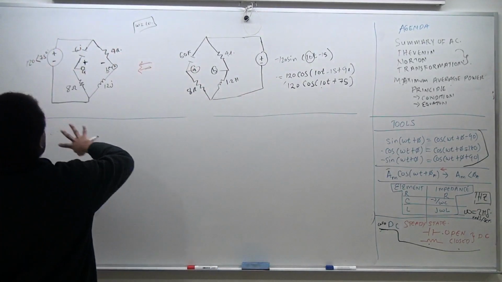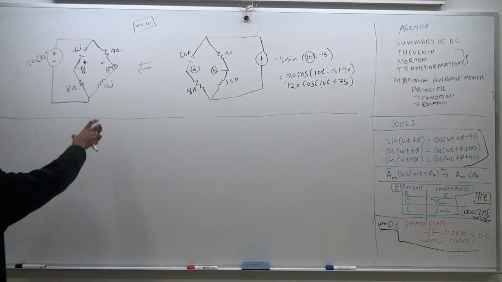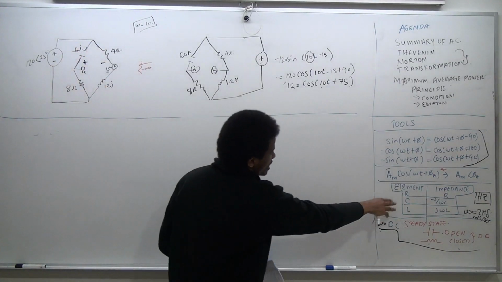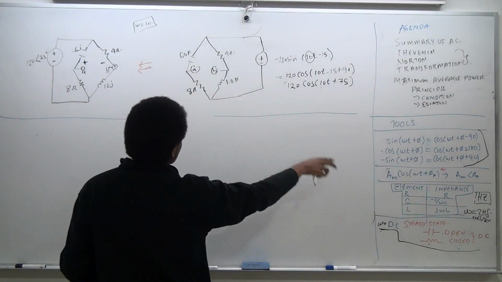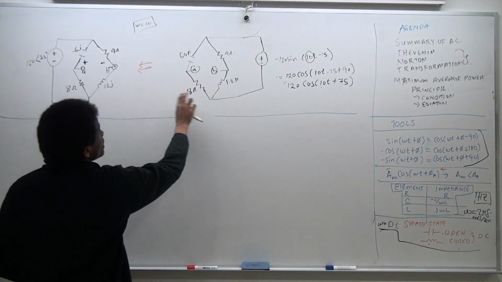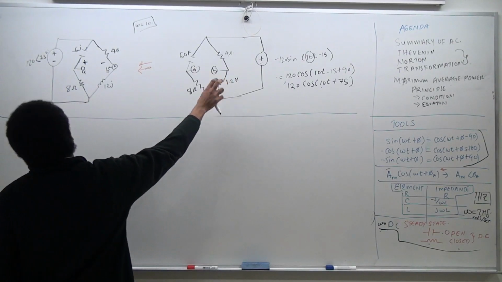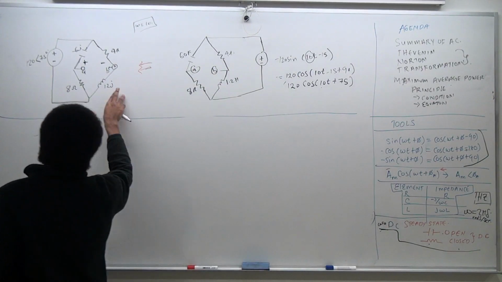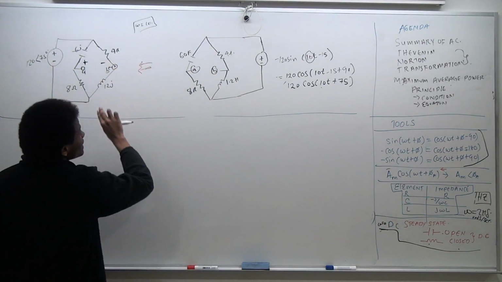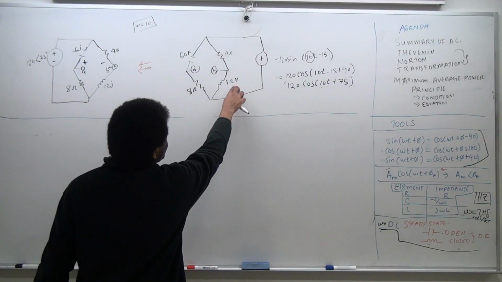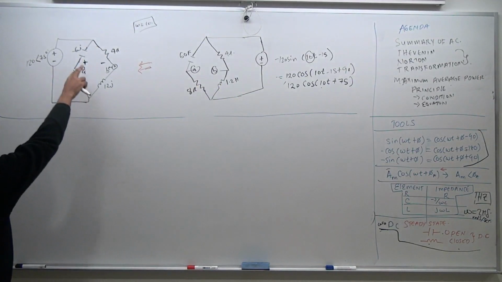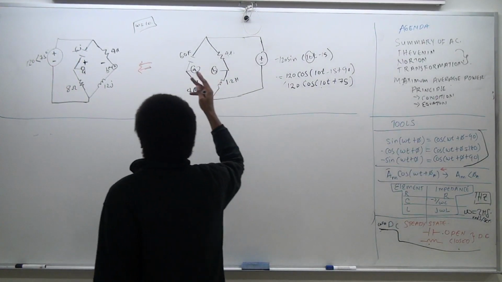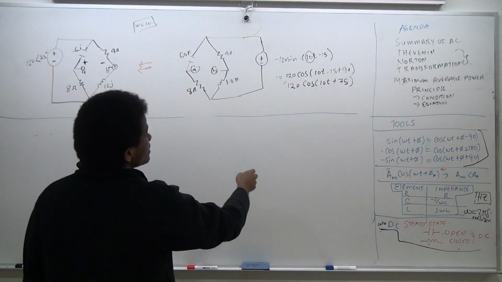Okay, so here now we're in the phasor domain. Once you convert everything to the phasor domain, the question is, how do you find the impedances? You find the impedances using any of these formulas. For the resistor, it doesn't change: the 4 ohm goes to 4 ohm. How do you find the impedance of an inductor? The impedance of an inductor is j omega L. Omega L is 10 times 1.2 henry, which gives 12. And for the capacitor, it's 1 over j omega C, or another way of saying it is negative j over omega C. Omega is 10 times,